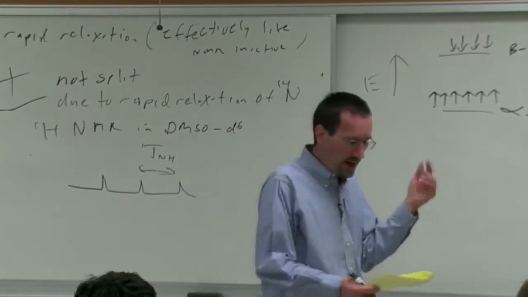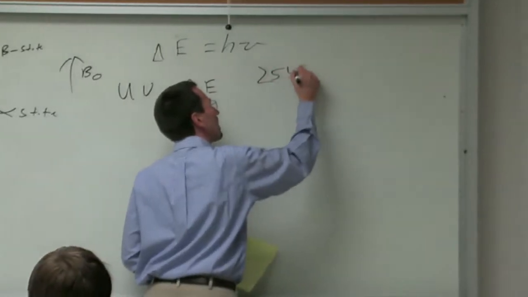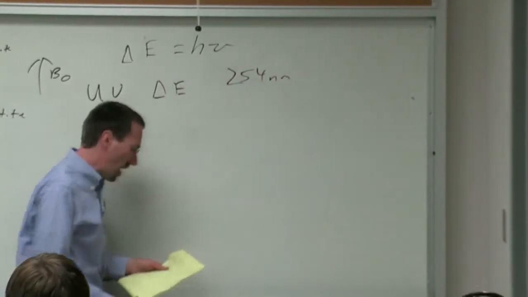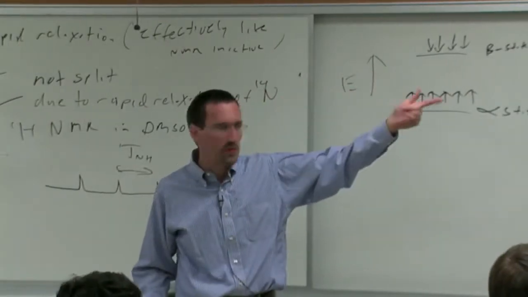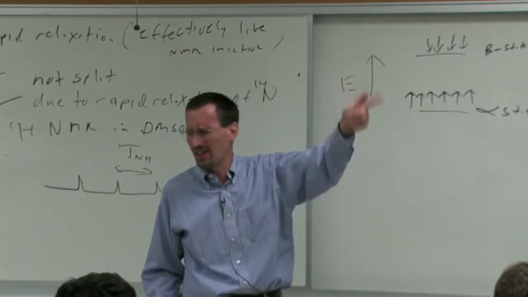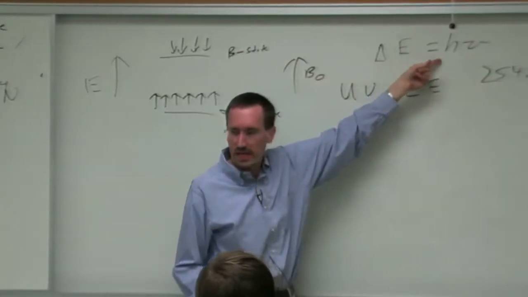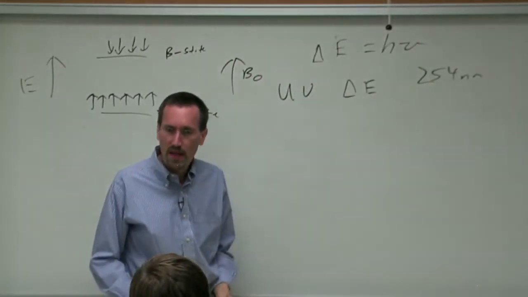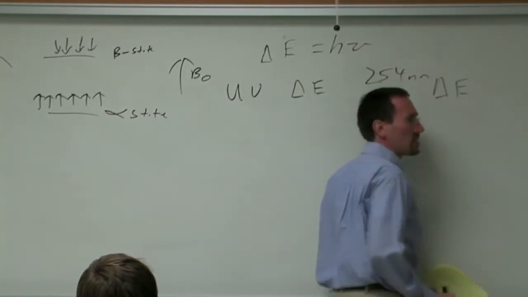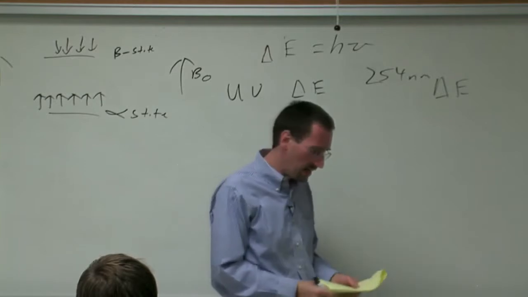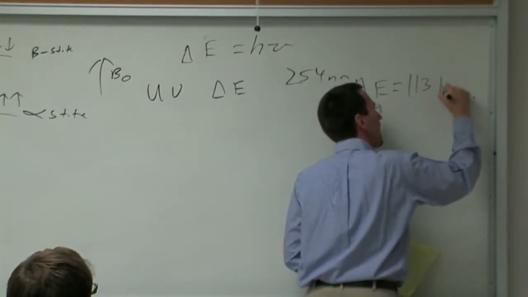And maybe I say, all right, if we just take 254 nanometers, and I plug into, remember, c equals lambda nu, so that's our wavelength, and you calculate nu, the frequency, and then you calculate E equals h nu, and you plug in with Planck's constant, you get the delta E corresponding to a photon in the UV is 113 kilocalories